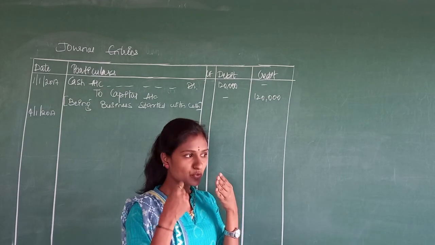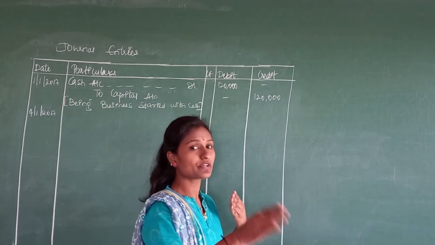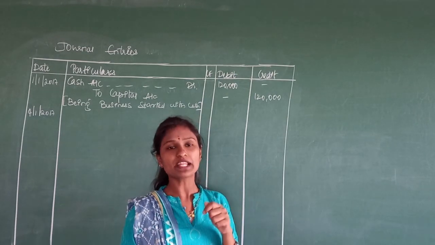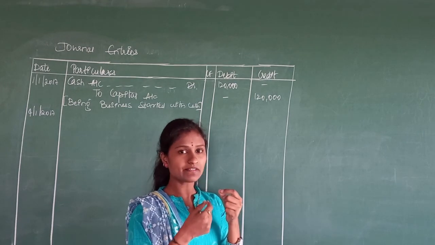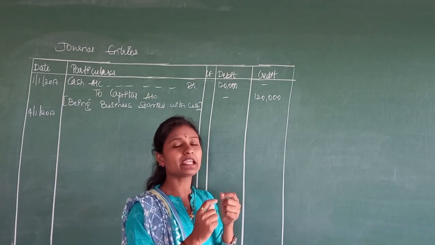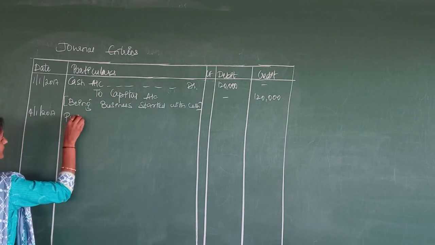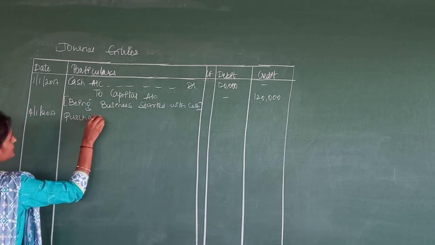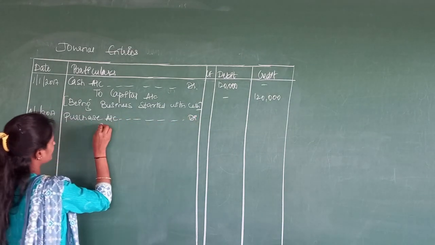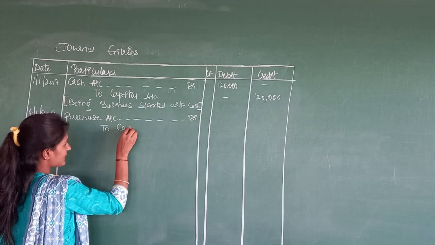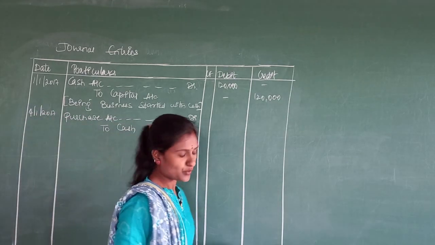Whenever we are selling or purchasing goods, we don't write it as goods coming or goods going. In that case what we write here is the activity what is being done. Goods are coming, that is purchasing. We write the activity name, that is purchase account. Purchase account debtor to what we are giving, that is we are giving cash. So cash account. Amount is of 20,000.